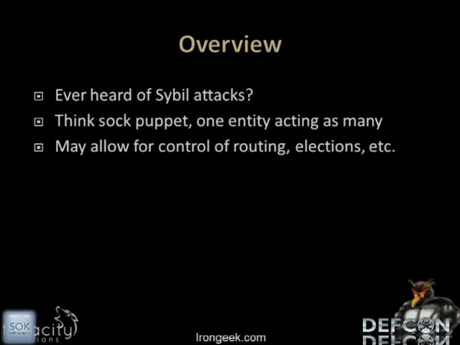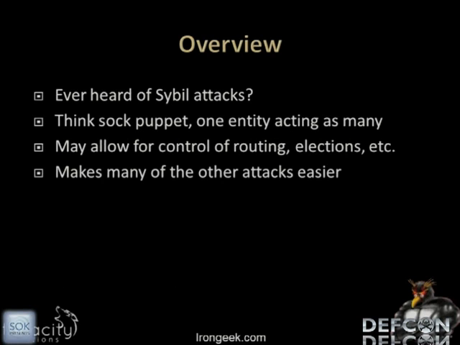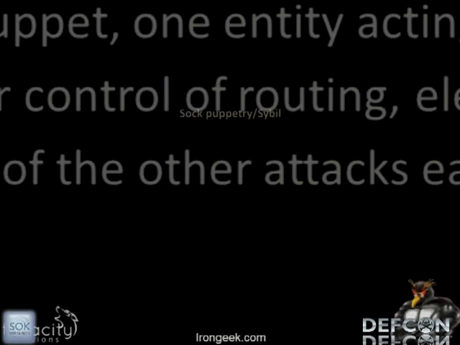Let's say your mixnet is based on a random walk where you randomly decide which way to go. Well, it's possible that if someone controls more of those nodes and there's some kind of peer profiling in place saying, who do you trust? Well, if I can vote, hey, I own 1,000 nodes and all of them vote this guy is trustworthy, that's probably a bad thing. It makes a lot of other attacks easier. The more nodes that you own in the network, the easier it is to pull off traffic analysis attacks because you can see the data passing through you at more locations.